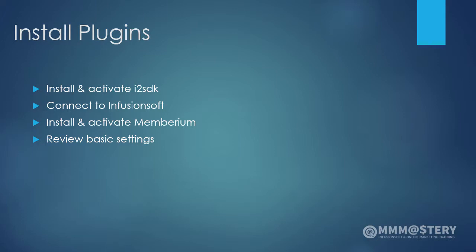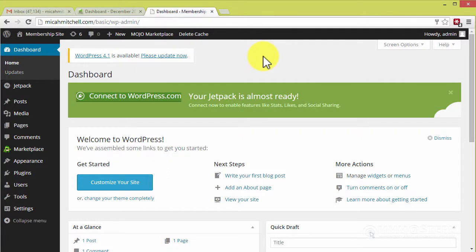In step 1, we're going to go ahead and install and activate the i2 SDK, which connects to Infusion. We'll go ahead and connect that, and then we'll install and activate Memberium, and just real briefly review the basic settings. Here we have a brand spanking new install of WordPress, and I'm going to go ahead and install the